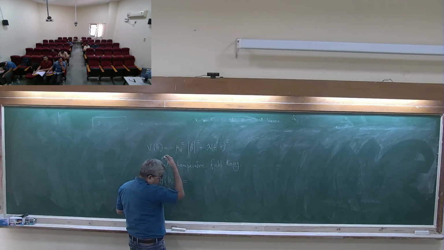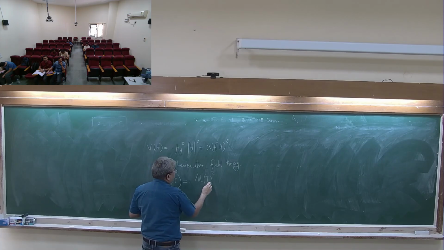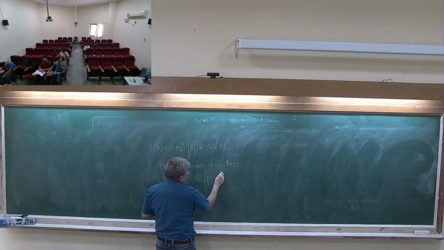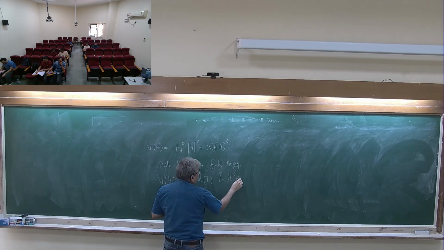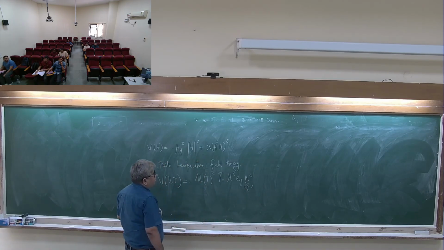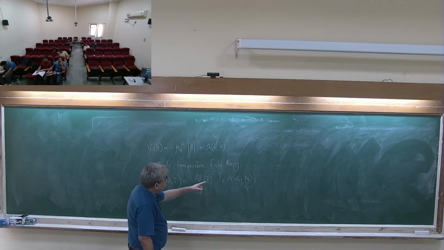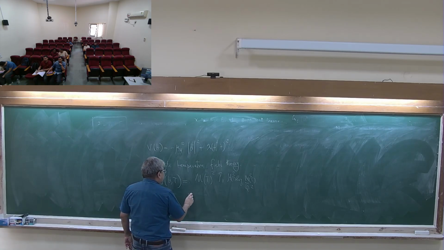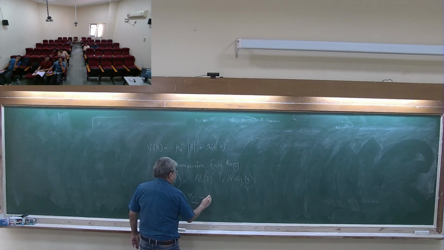These corrections have a particular form. There are some field dependent mass terms, very much similar to trace m square log m square by Q square. All of them are field dependent mass terms, very much similar to Coleman-Weinberg. And then when you minimize this, you get a potential minimum which is called V of T. This is the minimum